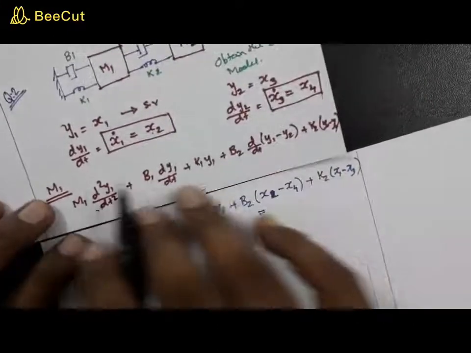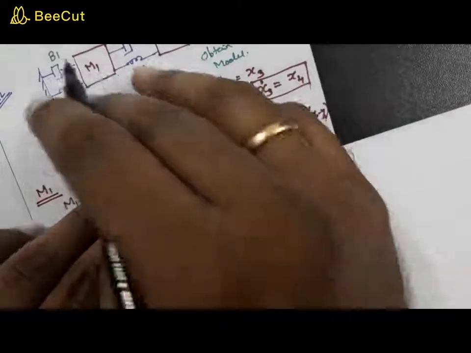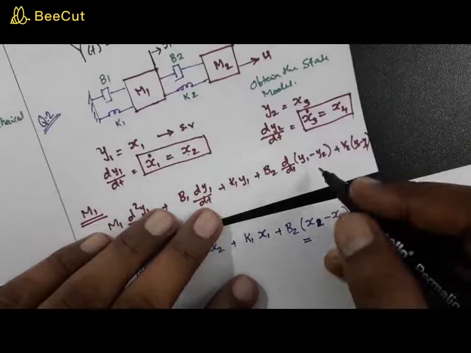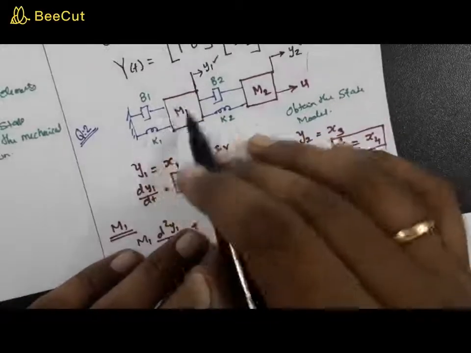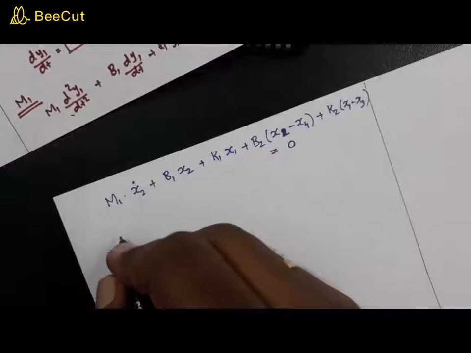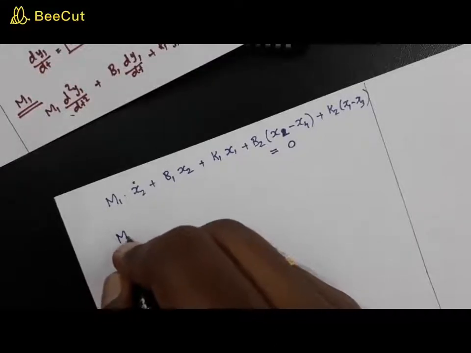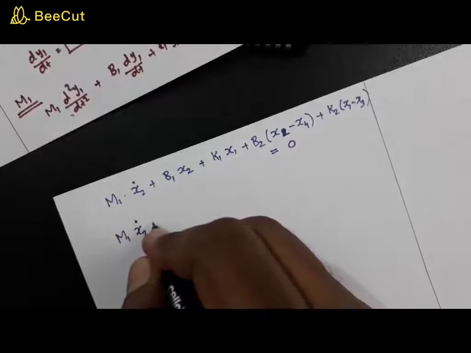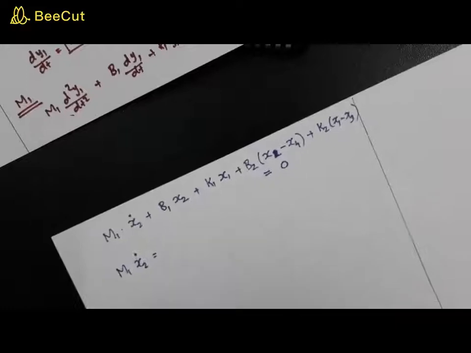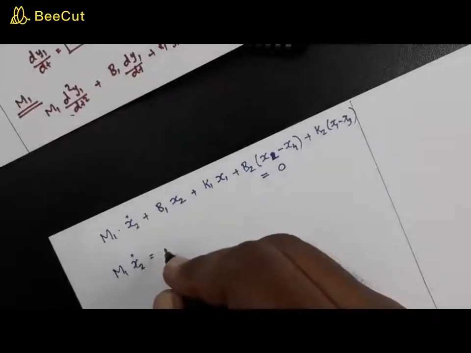So this is actually the force balance equation. You have written the force balance equation for the mass m1, and that is equated to 0 because there is no applied force as far as this m1 is concerned. So this is equal to 0. Now from this you will be able to get x2 dot. So m1 into x2 dot will be equal to